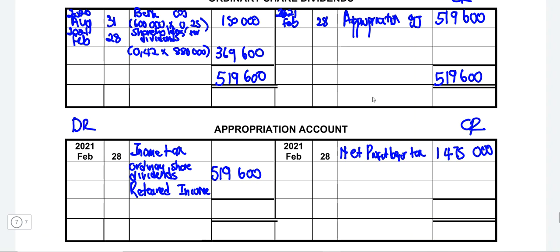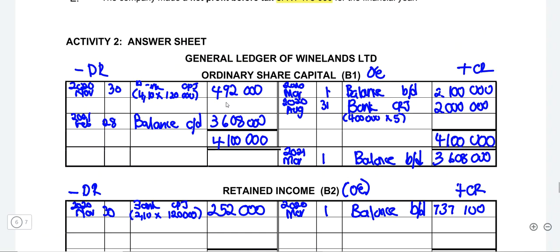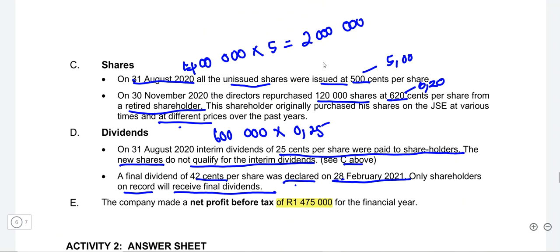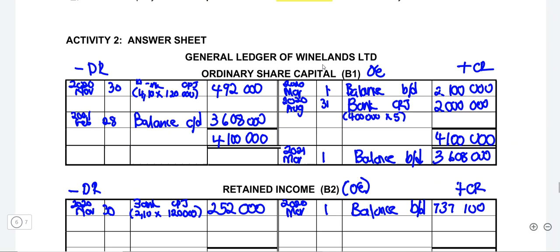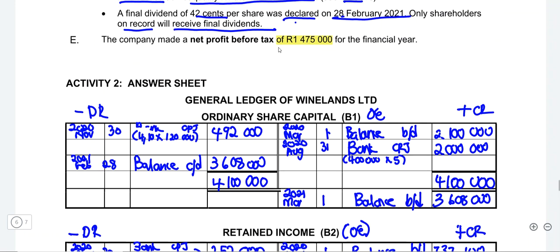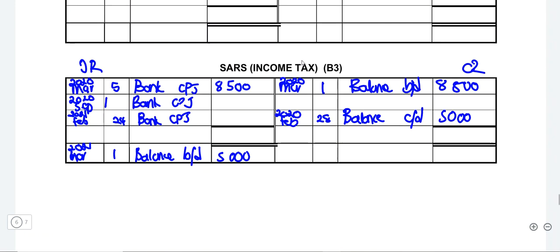And also remember that we were told that income tax is 30% of the net profit before tax. So that information is now coming in handy. So to get our income tax on the SARS income tax account, we're going to come here. So remember, income tax is for the year, guys. So we're going to write 2021 February 28, and then we'd have